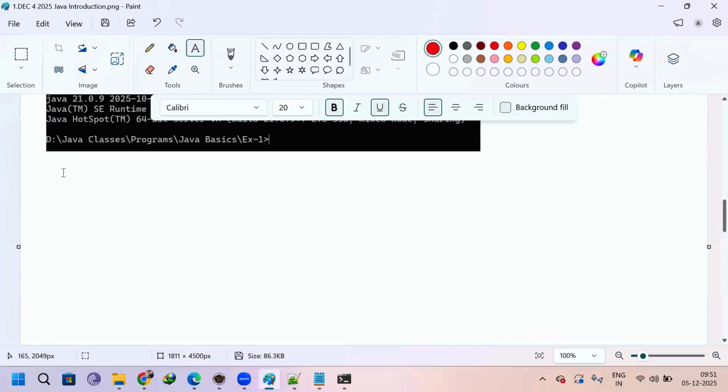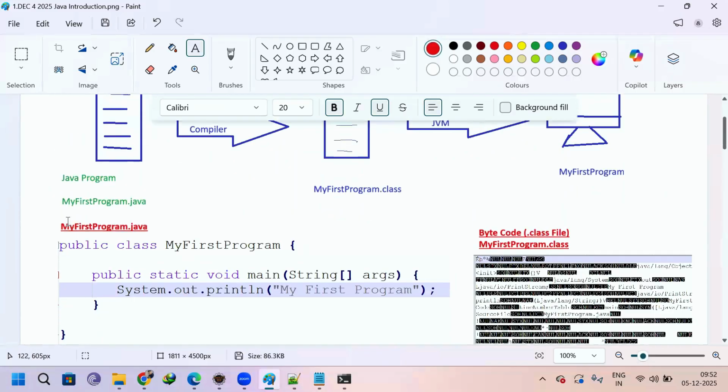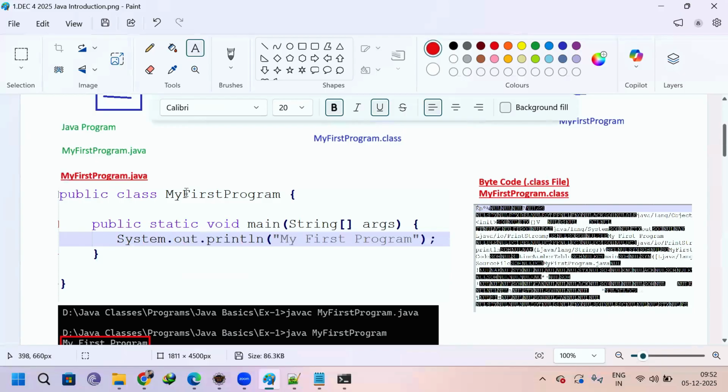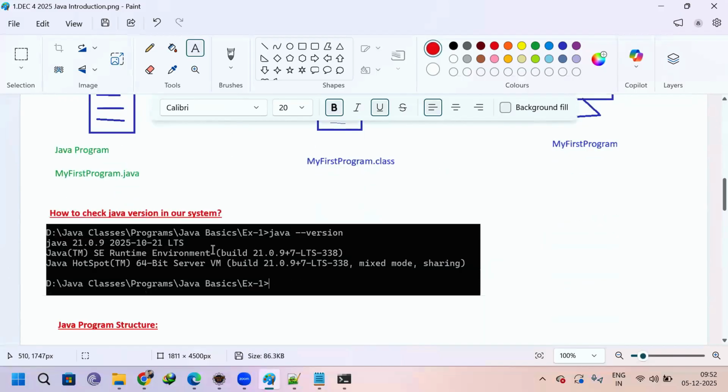The next topic is Java program structure. So, what is this Java program structure? Now you have seen here the Java program. There is a class name, this main method, and some System.out.println for the first program. Suppose,